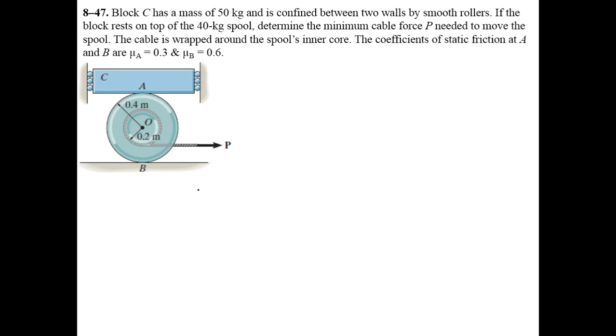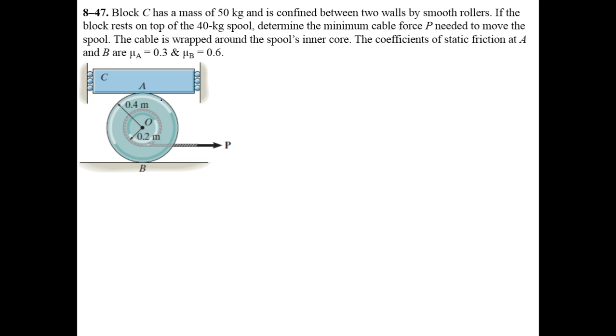And how many unknowns? One friction force here is unknown, one normal reaction here is unknown, this P is unknown. This makes three unknowns, and two unknowns here: one normal reaction at A and one friction reaction. So we have five unknowns and seven equations. This means that the number of unknowns appearing in this problem is less than the total number of equations. So this basically is a type 3 problem. It is not a type 2 problem,